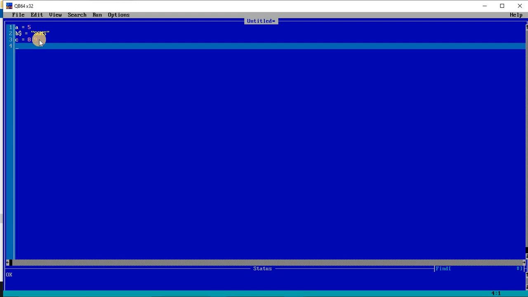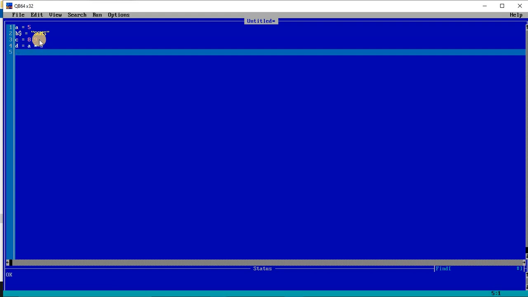Now suppose I am talking about the constant. Suppose I am writing, sorry, c is already taken, d is equal to a * 5. When I am writing d is equal to a * 5, we know that in a computer the star means multiplication.